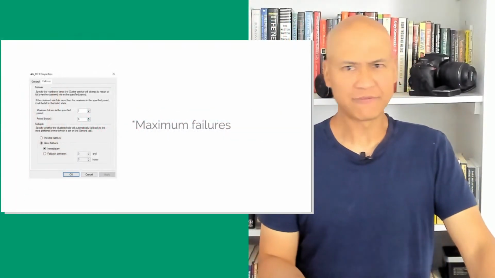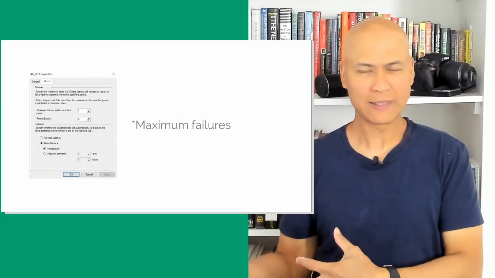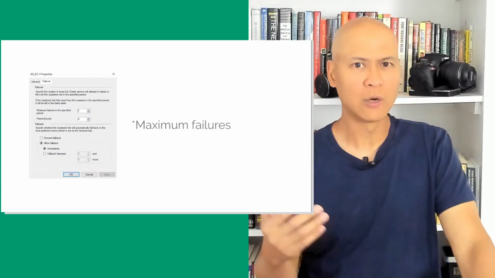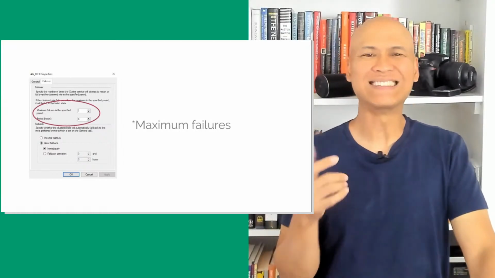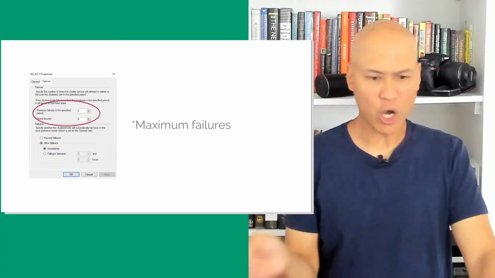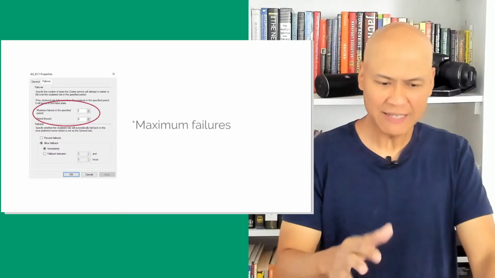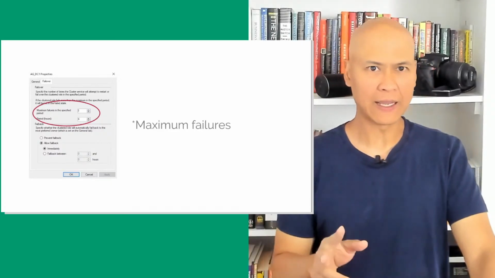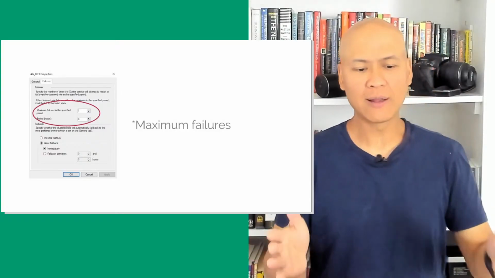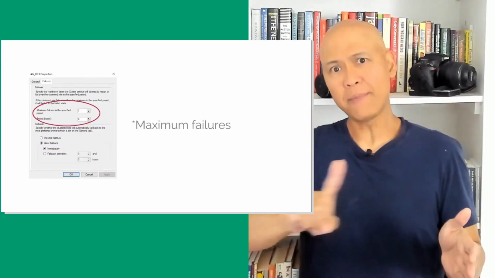I call this the maximum failures. This setting is outside of SQL Server. It's outside of the availability group, but it impacts whether or not automatic failover would happen. Maximum failures is the number of failures that could happen, automatic failover, within a specified period. By default, this is an N-1 setting. So in a 2-node failover cluster, that's 2 minus 1. So one failure within a 6-hour period, if you're looking at the screenshot there. One automatic failover